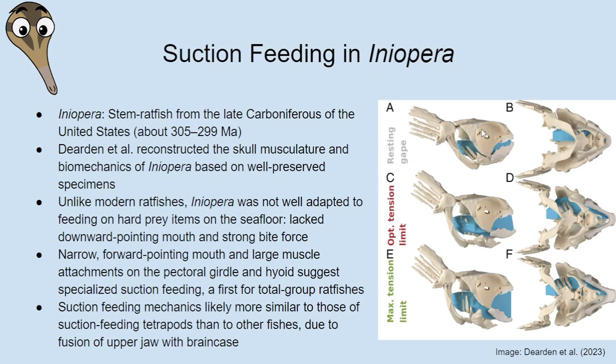But Iniopera is actually known from some specimens that preserve the head in 3 dimensions. And so, because of this, the authors of this new study were able to reconstruct the muscles of the head, figure out where the muscles go and how big they might have been based on the complete skull. And from there, they were able to estimate what kind of movements the skull might have been capable of, and from there understand what perhaps Iniopera was feeding on or how it fed, because that has been unclear until